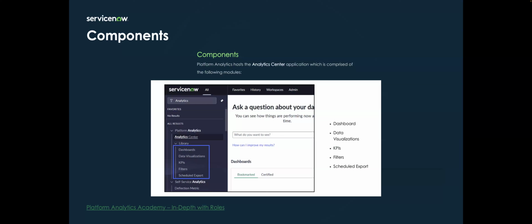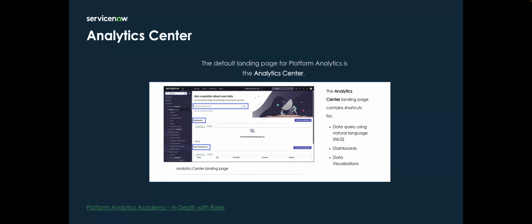So quickly, what does the platform analytics comprise of? The main components are dashboards, data visualizations, that's the key bit for me. PA widgets and reports are getting transferred into this data visualization component. Your KPIs, filters, and a scheduled export. When landing, we've got the Analytics Center main page. It's got a nice little analytics Q&A, a field where you can ask natural language questions about the trends and health of your processes. You've got a dashboard, a set of tasks for each dashboard that you've bookmarked or that